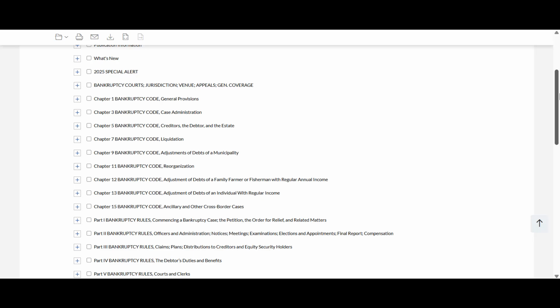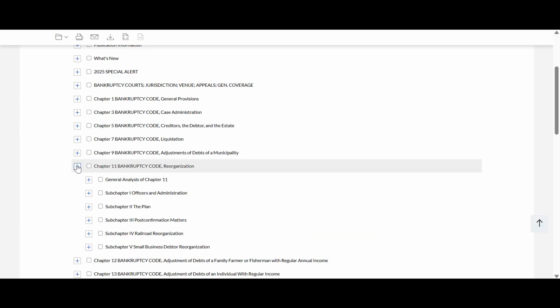Let's say you want to learn more about Chapter 11 cases. Chapter 11 lets a debtor continue operations while restructuring debts, making it a popular option for distressed companies aiming to maintain business operations during and after bankruptcy. View the table of contents to find the sections of Collier that thoroughly explain the process of a Chapter 11